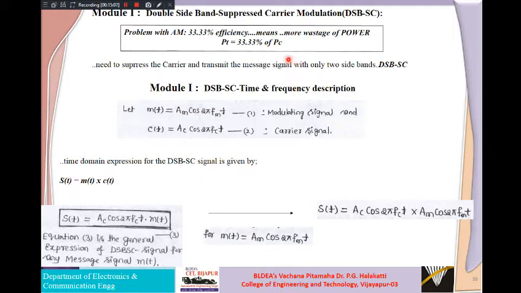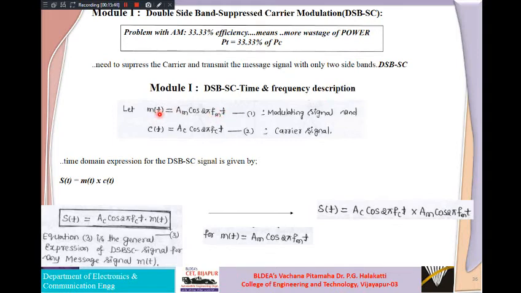Okay, so our message is there in the sidebands, so there is a lot of wastage of power. As long as we have the carrier, somehow we have to suppress this carrier, so that the message contained in the two sidebands can be easily extracted, enhancing the efficiency of this AM. So this is one way they are suggesting to improve the efficiency of the AM, by suppressing the carrier. That is what is known as suppressed carrier double sideband AM modulation. Okay, so let us see.